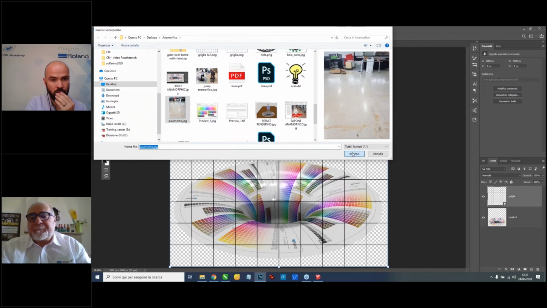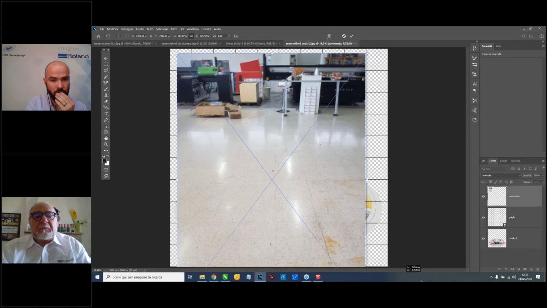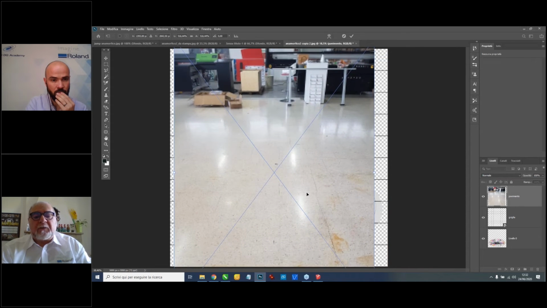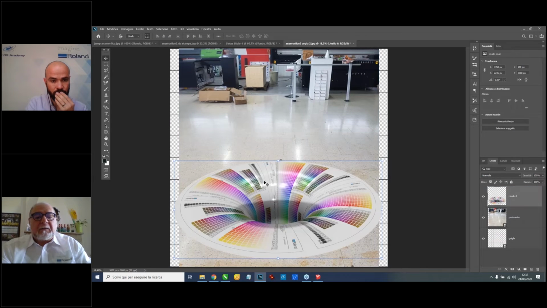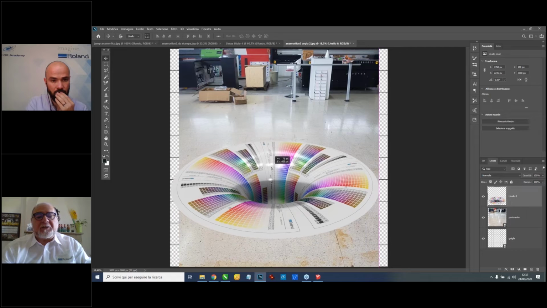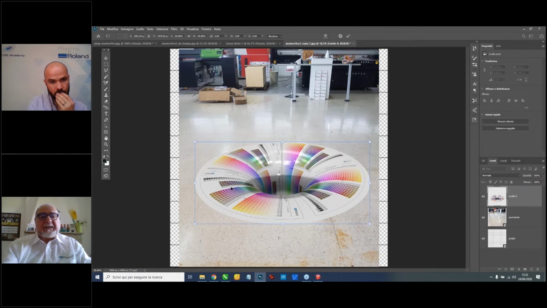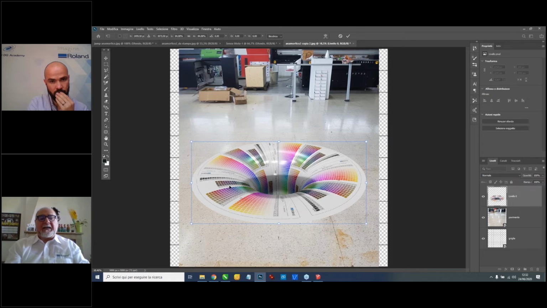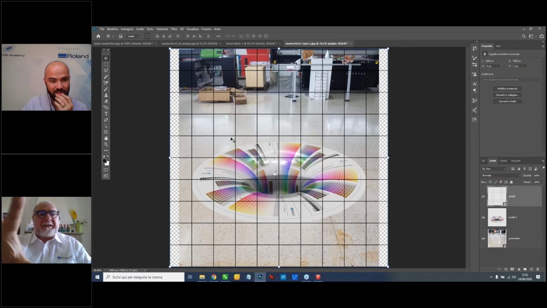For example, this one as a layer. That was the floor, the real floor, the photo of the floor. Then decide the position of my hole. And I see, oh wow, perfect, very nice, I love it, good. Then we have the grid, the final total grid, and